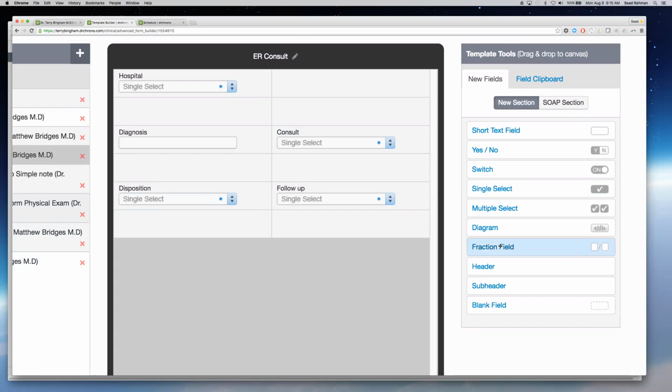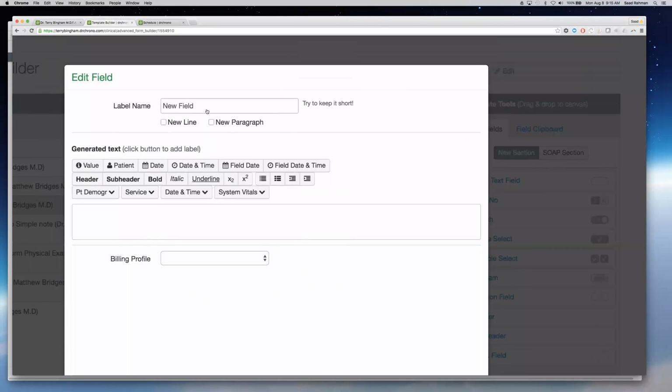Now, our fraction field is really, I think, pretty self-explanatory. I can drag one on here. So basically, it's really just anything that needs to be denoted by a numerator and denominator. So it can be like blood pressure, BMI, something like that. And then you just hit the value button, and whatever you would put in would actually get